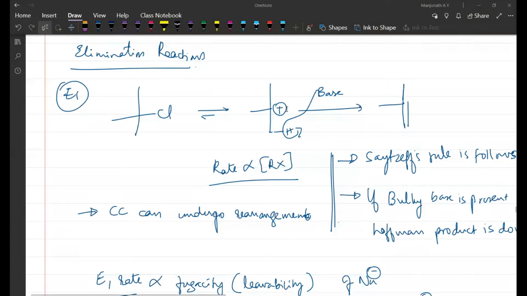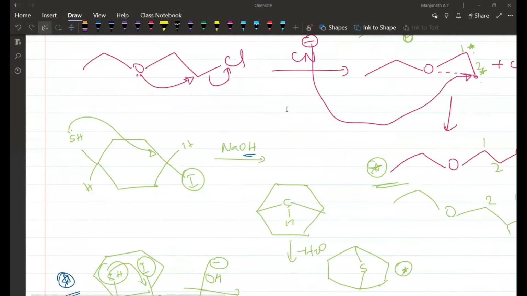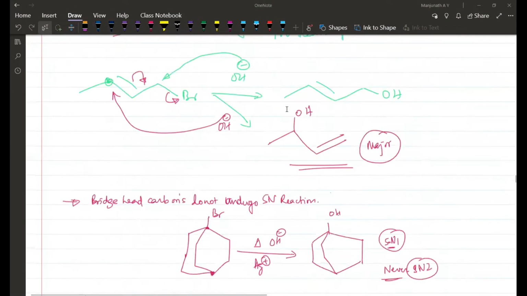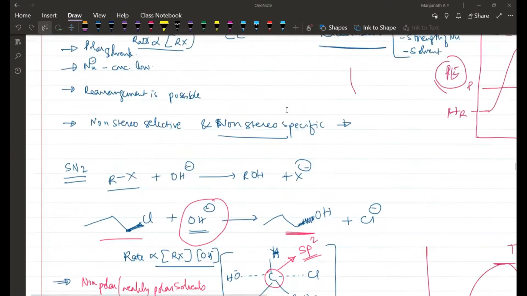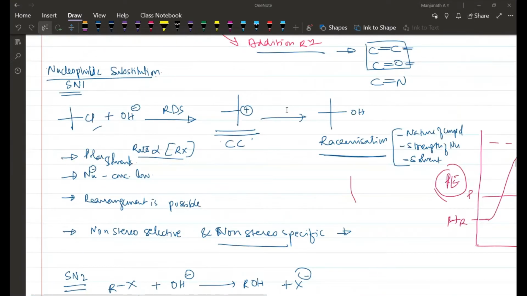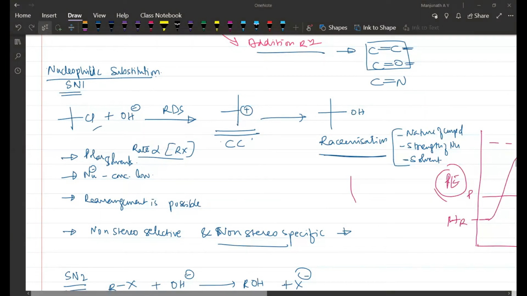Just to recap what we had done, it was a long gap actually. So we are discussing reaction mechanism. We have already discussed all the types of SN reactions, that is SN1. You can see your notes as well. In SN1 we have seen that concentration of nucleophile as well as concentration of the substrate both are important, and I have also drawn a graph here.